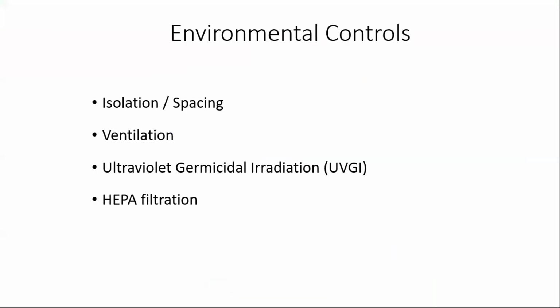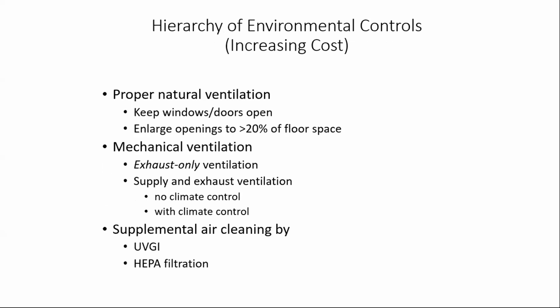सो इसके अंदर हमारे पास 4 मेन मैकेनिज्म्स हैं। एक है आइसोलेशन या स्पेसिंग, दूसरा है वेंटिलेशन। वेंटिलेशन इज नथिंग बट मूवमेंट ऑफ एयर, और फिर उसके बाद यूवी जर्मिसाइडल इरेडिएशन। ये यूवी लैंप्स रहते हैं जिससे हम टीबी के बेसिलाई मारते हैं। और हीपा फिल्टर। हीपा फिल्टर्स जो है वो जस्ट एयर प्यूरिफायर्स या एयर फिल्टर्स हैं। 99% एफिशिएंसी, 0.3 माइक्रोन्स के ऊपर के साइज के पार्टिकल्स को वो फिल्टर कर लेते हैं। नेक्स्ट स्लाइड।